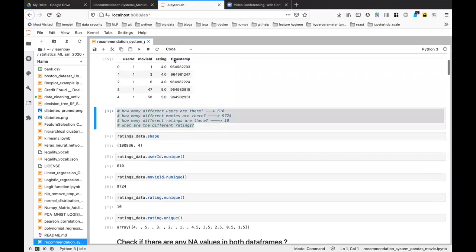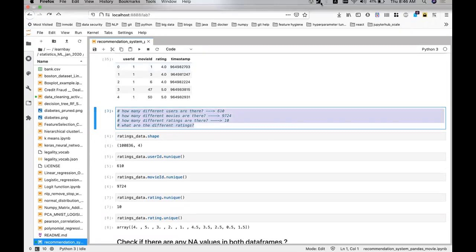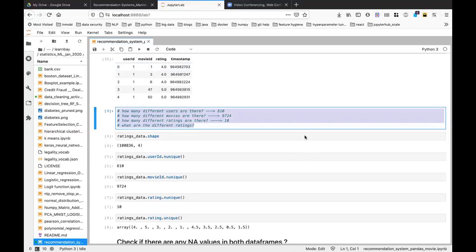Find the answers for this. Copy cells. Can you guys find the answers to these 3 questions?